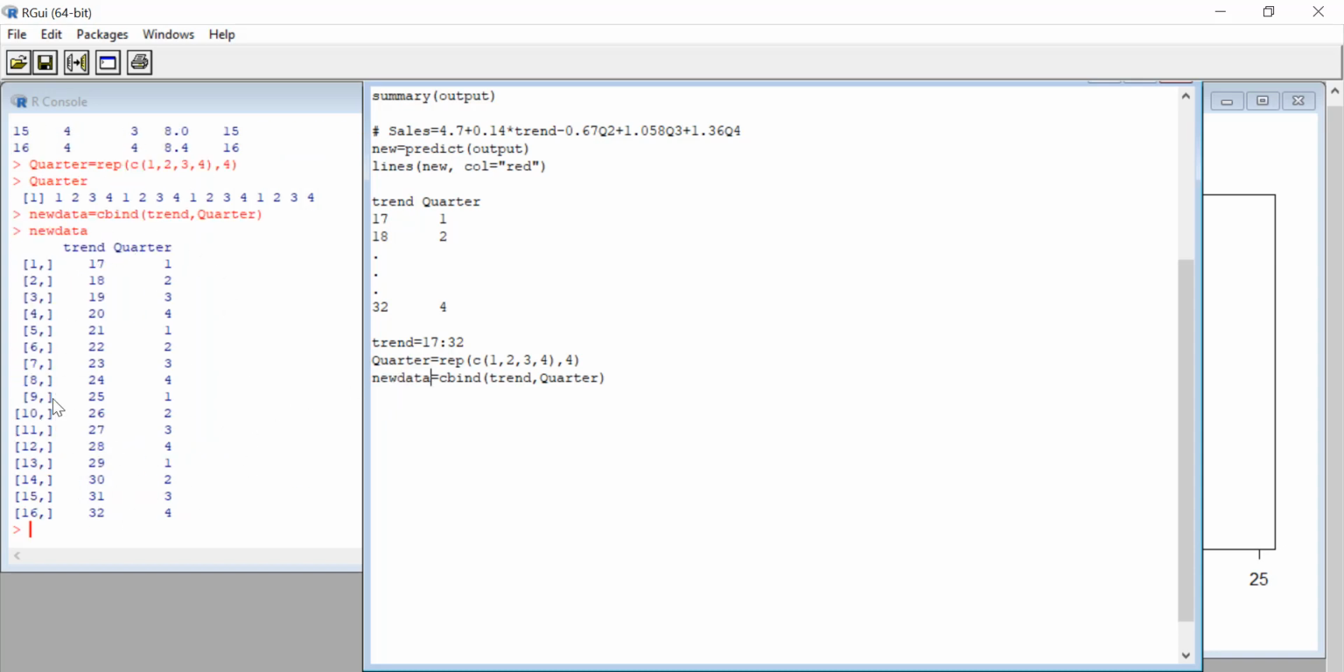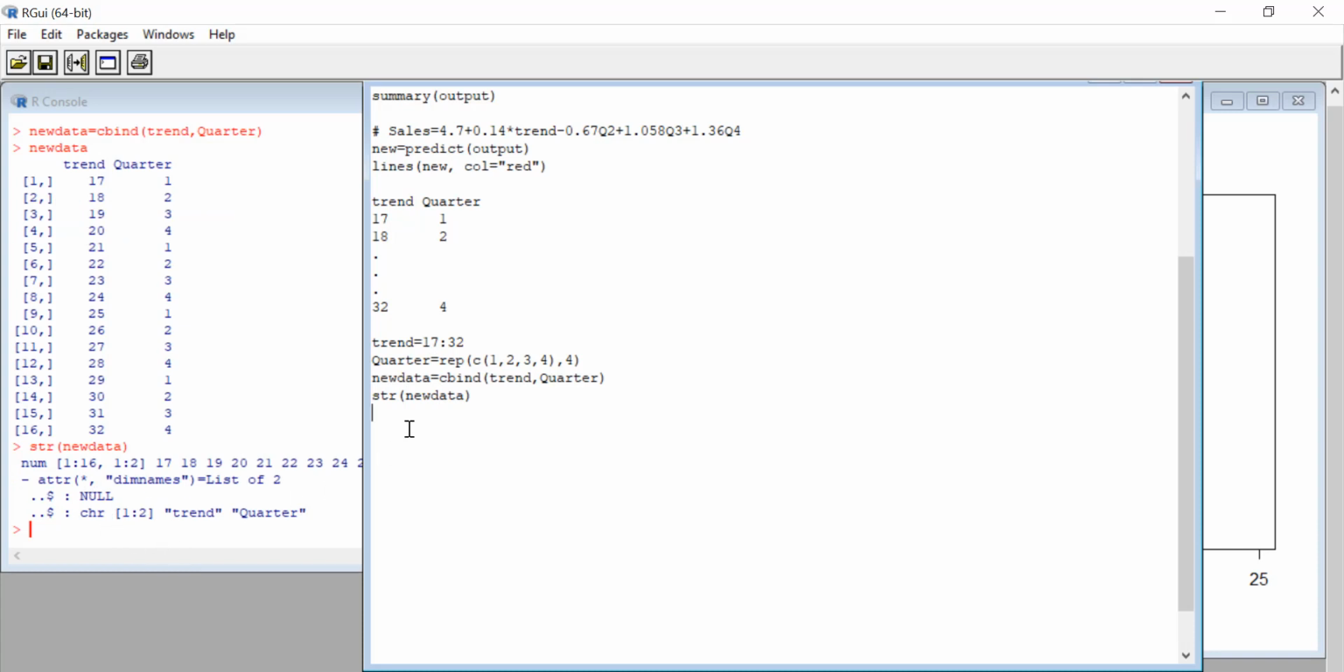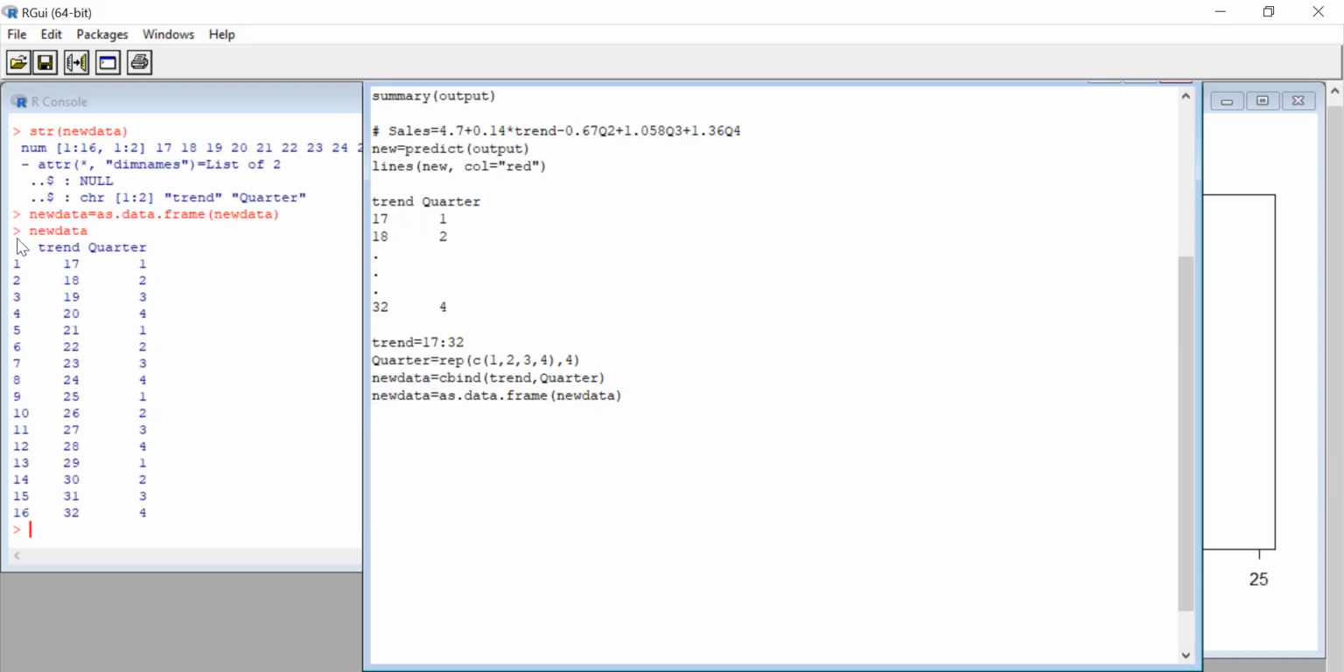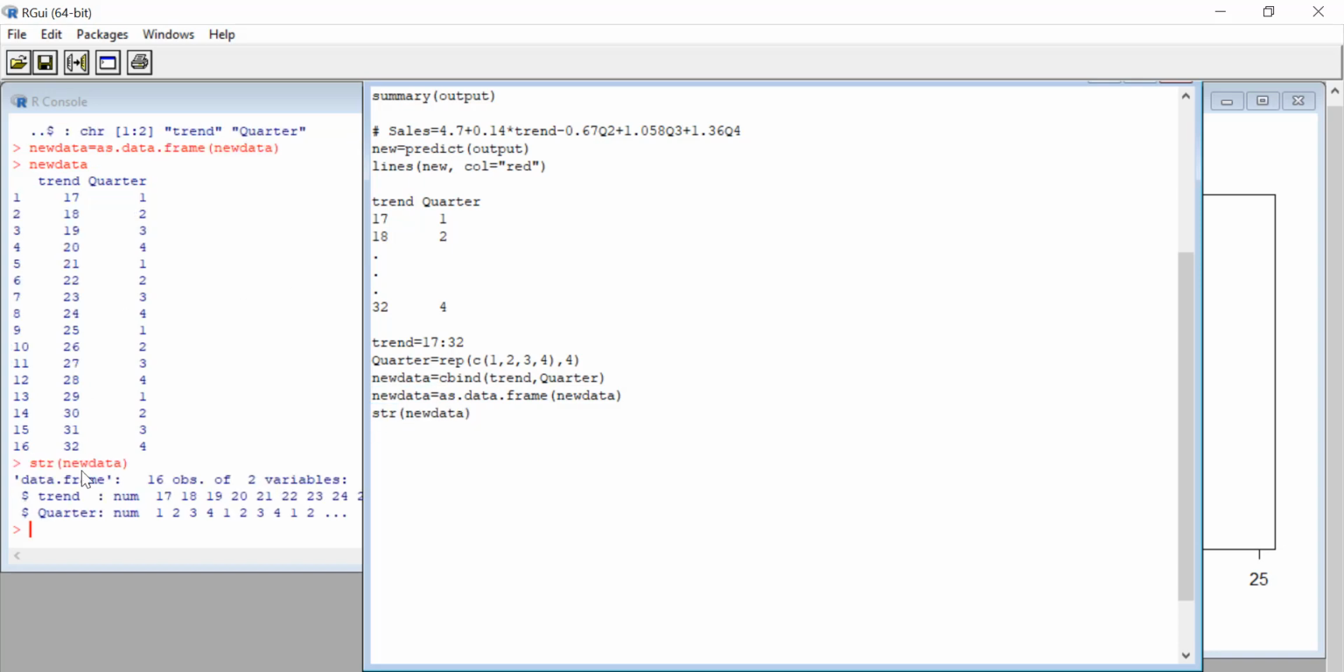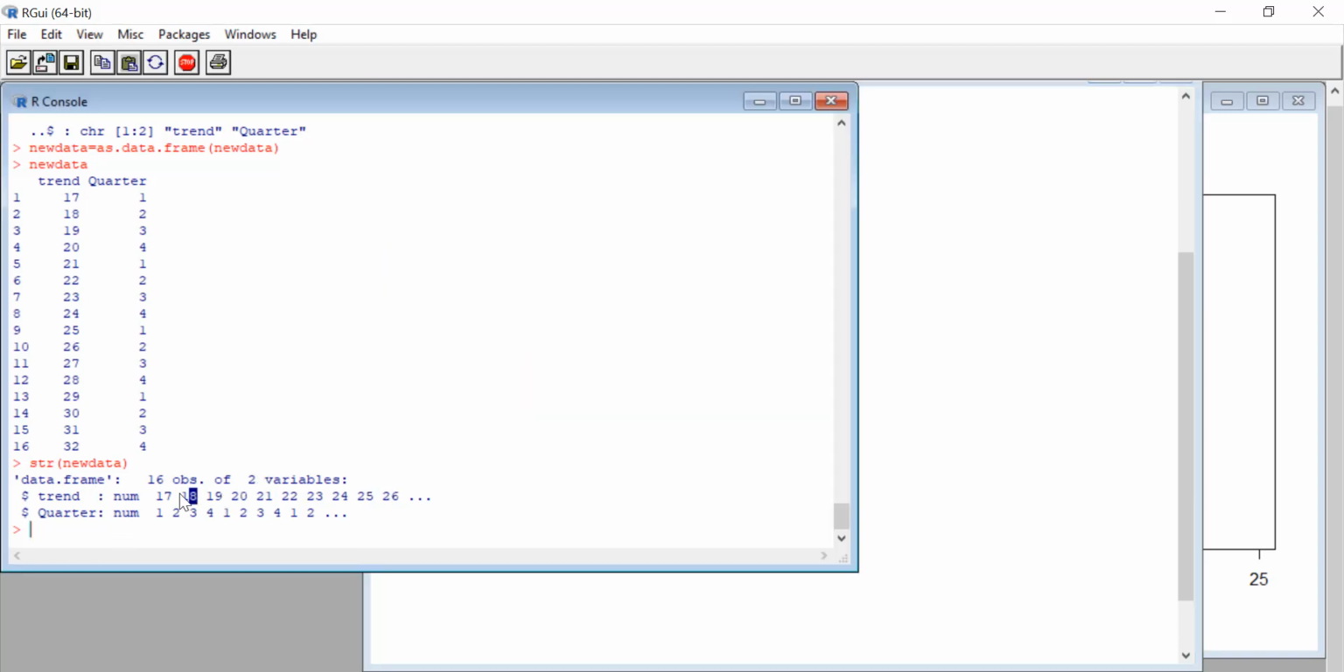But remember that this should be a data frame. If I look at the structure of my new data, it's not a data frame. So to make it a data frame, you have to use the function as.data.frame. So new data is going to be equal to as.data.frame of new data. I did that, and I look at my new data now. And if I look at the structure of my data, str of the new data, it should be a data frame. Now it is a data frame, shows trend from 17 to 26 and quarter 1 through 4 for each of